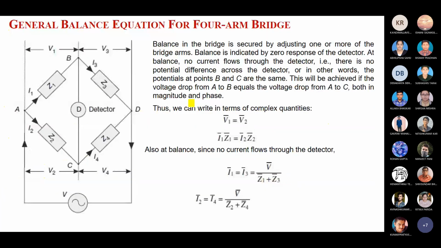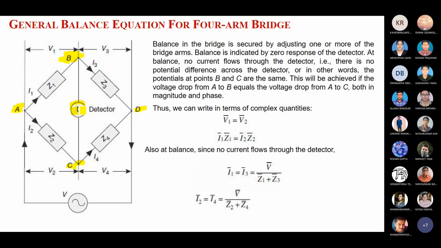Now, what is the basic structure of the Wheatstone bridge? Here you can see the basic structure of your bridge circuit. You know that 4 arms are there, as I have already discussed. AB is one arm, AC is another, then BD and CD. Total 4 arms are there. That is number 1 of the basic considerations. Then the detector is connected in between B and C.